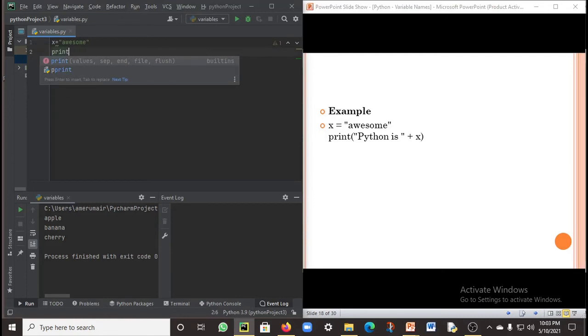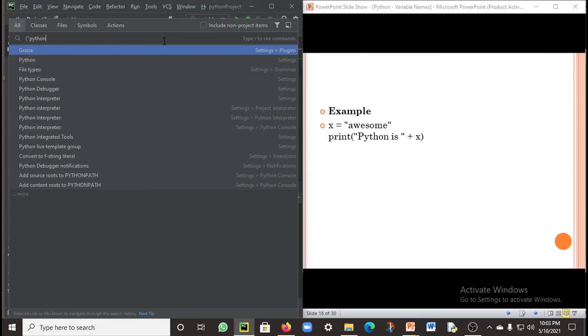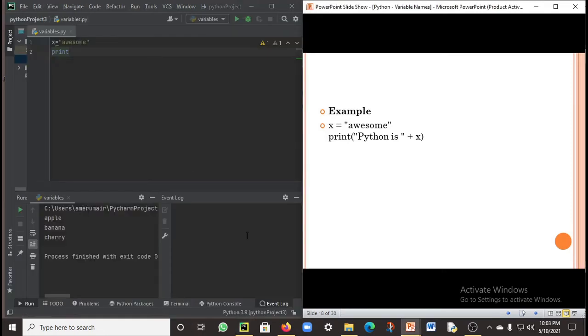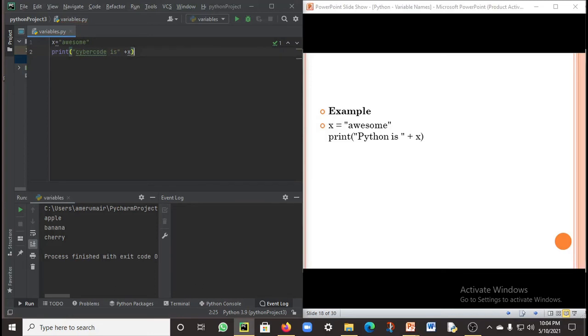When I say print, "Cybercode is" plus x, I might need to give you a space over here.